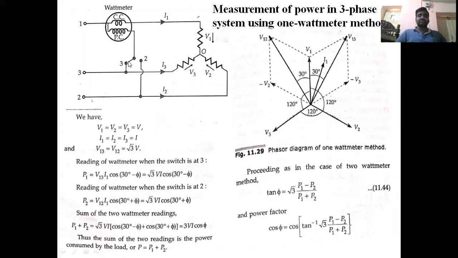If we connect the stud switch to stud 3, the voltage observed will be V13. If the stud switch is connected to stud 2, the voltage observed will be V12. Okay, so any queries? Is it clear? The current element is connected in series to the line. The voltage element is connected in parallel to the line. We connect to the other two lines with the help of a stud switch.